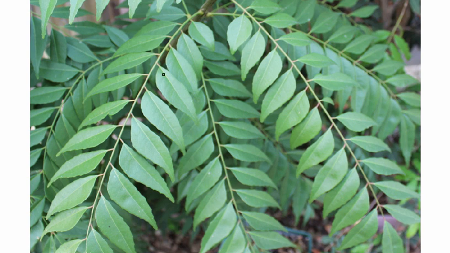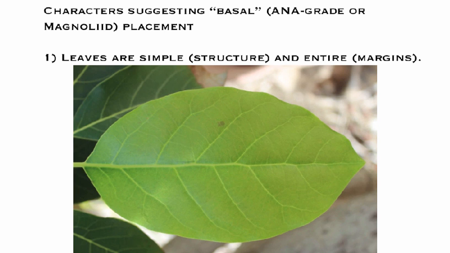And these individual ones, you might call these leaves, but they're actually leaflets. They're individual units of what would otherwise be a compound leaf. And there really aren't any members of the Magnoliids or ANA grade plants that have those compound leaves. They all are simple. Now, the other feature that we're talking about here is that they have entire or smooth margins. And this avocado has got a nice smooth margin leaf,